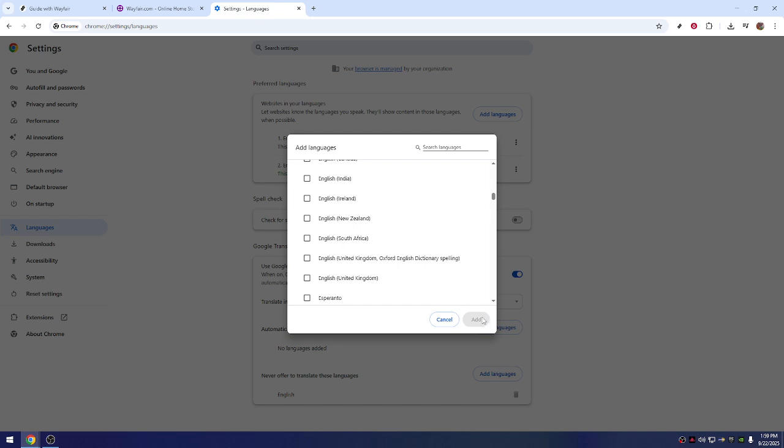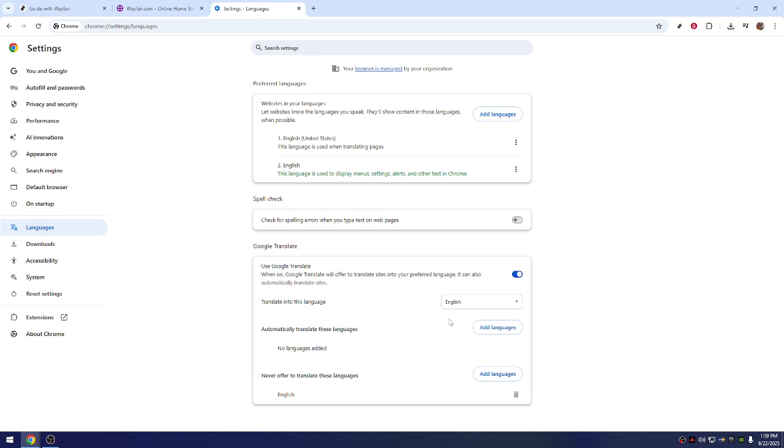Concluding the process, the new language will be added to your list of browser languages. From here, you can choose to set it as the default language if desired. This step is particularly helpful if you frequently shop on websites like Wayfair and prefer viewing content in a specific language. By following these steps, you've successfully adjusted your browser settings to include your desired language, optimizing your interaction with